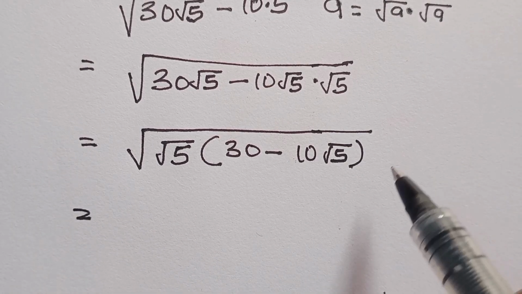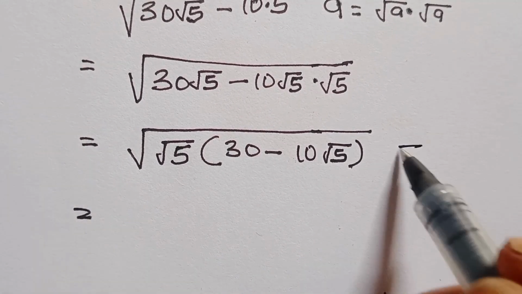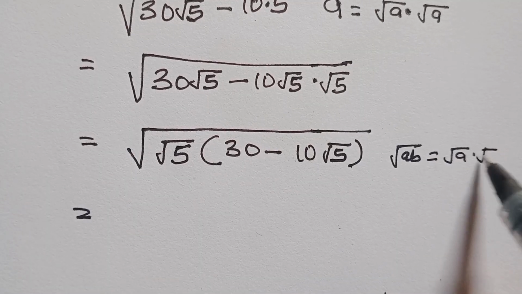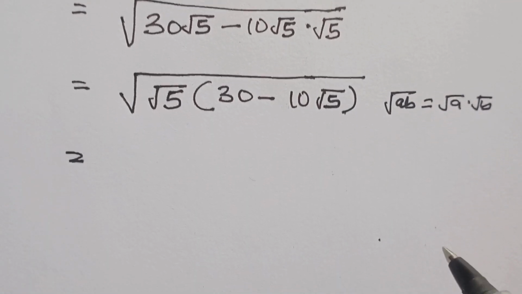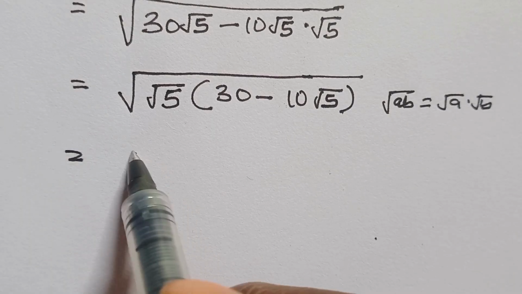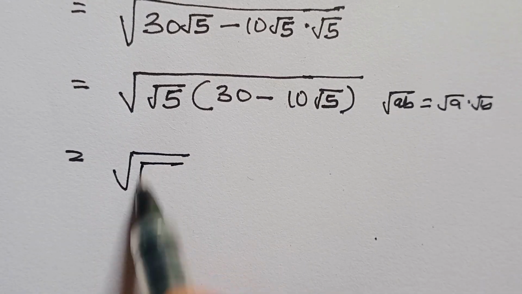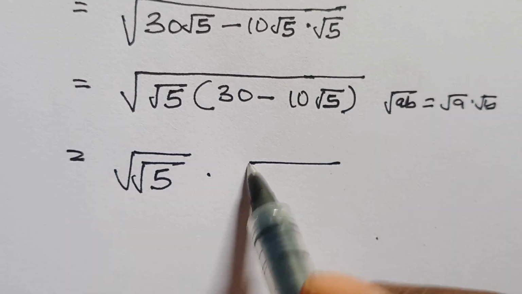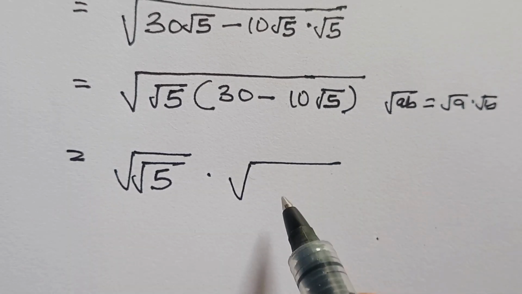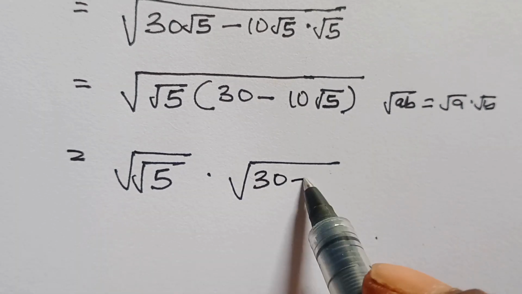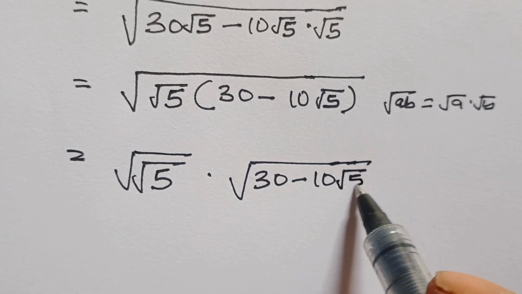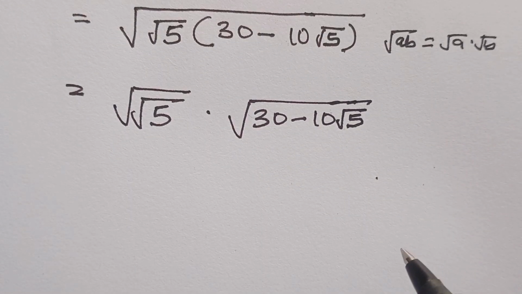Doing this, don't forget, if you have square root of AB, this can simply be written as square root of A multiplied by square root of B. Therefore, square root of 5 multiplied by square root of 30 minus 10 square root of 5. Once you understand it up to this stage,